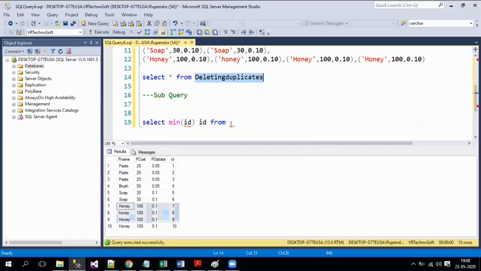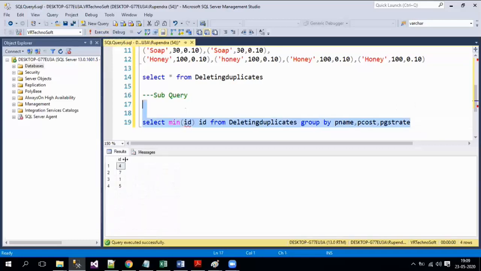Then group by, and mention all the columns whichever you need to delete the duplicates on, so those columns you need to mention in the group by clause. GST rates, product name. I think the spelling is right. We are missing the group by here.